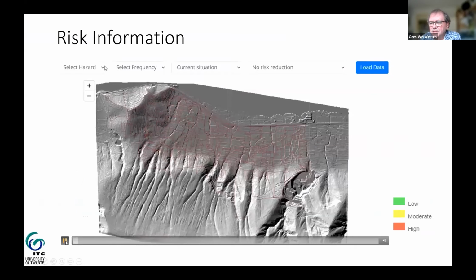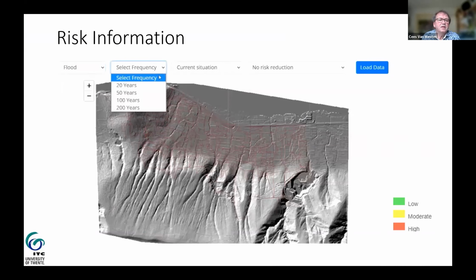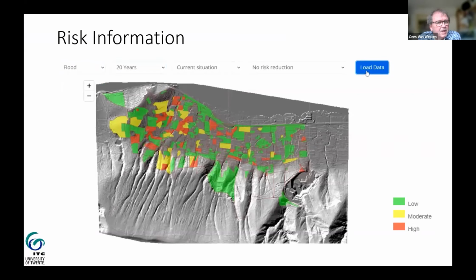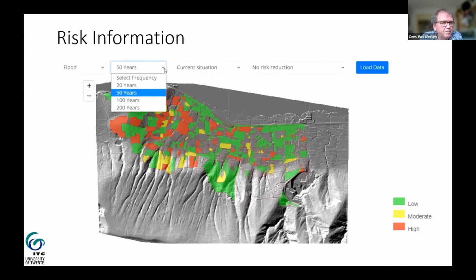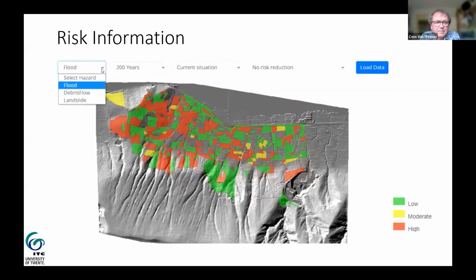So you could select different types of hazards, for example, that you've uploaded here, an example of flooding, and have information for different frequencies. Hazard maps are not generated in the system itself. Here you see, for example, the losses caused by a 20 compared to a 50-year return period, a 100-year return period event, which is more severe. And so the more rare the event, the heavier the damage would be.